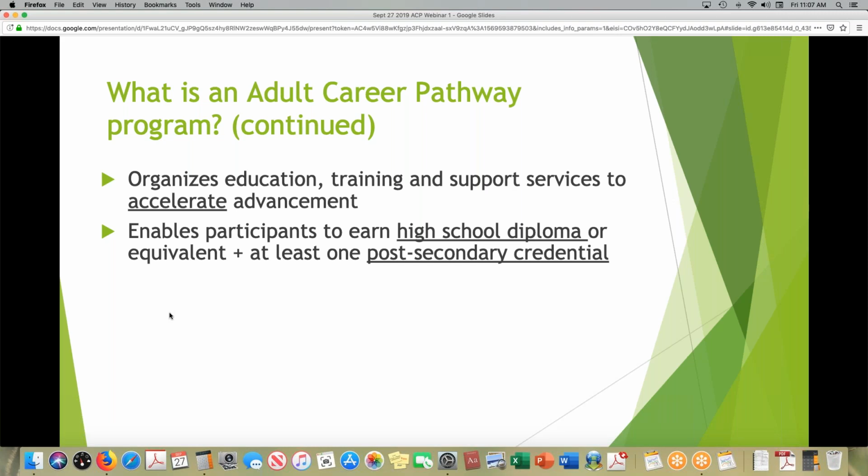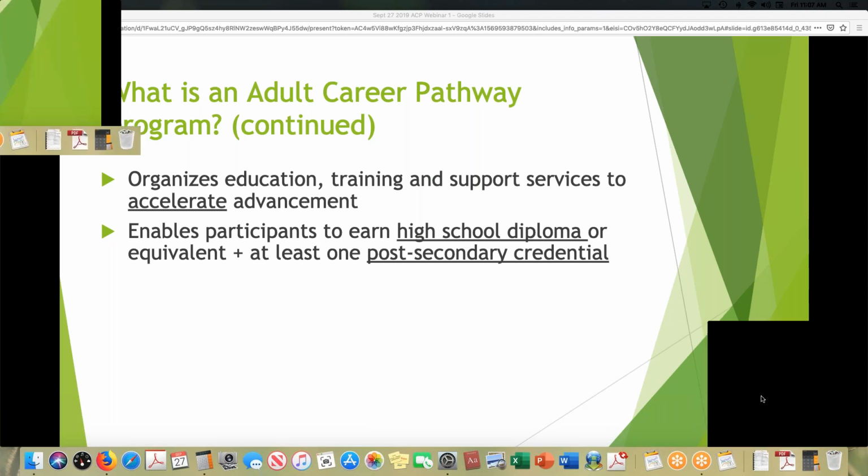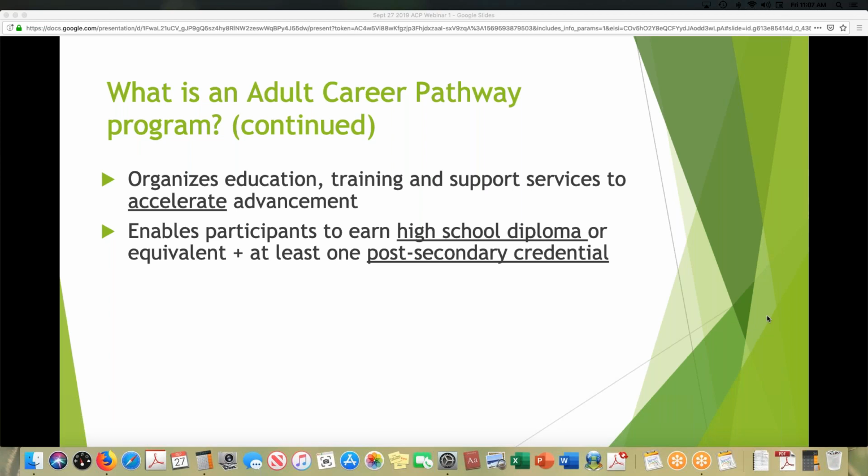I mean, ideally, like I just heard that Tennessee or Kentucky has a program where not only are you going for your high school diploma, but you're also getting a secondary credential at the same time. And I think in Minnesota, we have a good opportunity for that with the adult diploma that's being offered now, if you're in a program that currently offers that.